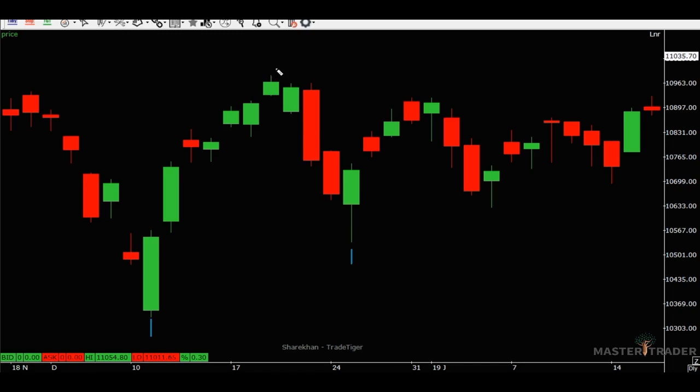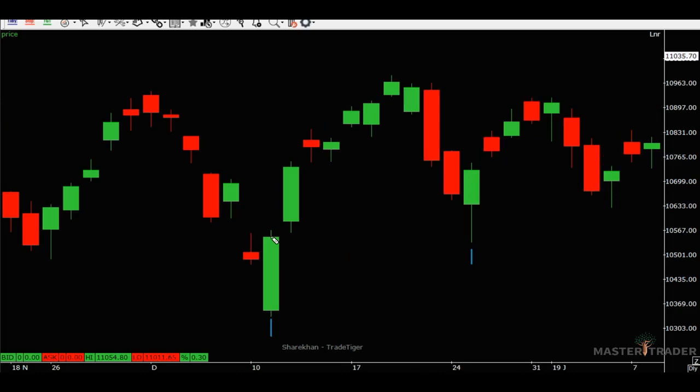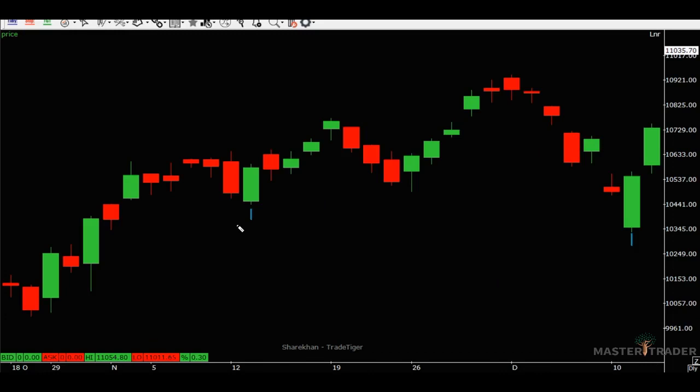Again here, downtrend, gaps down, and then comes up, closes above 50% of yesterday. So you enter near the closing and see what happens next day. You get a gap up, and that's a huge move, guys. Again, same thing here. You get a big gap down, but then it closes above 50% of this candle. So you enter near the close and see the move the next day. See the accuracy of this